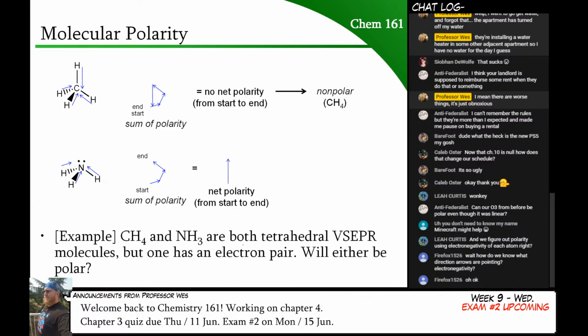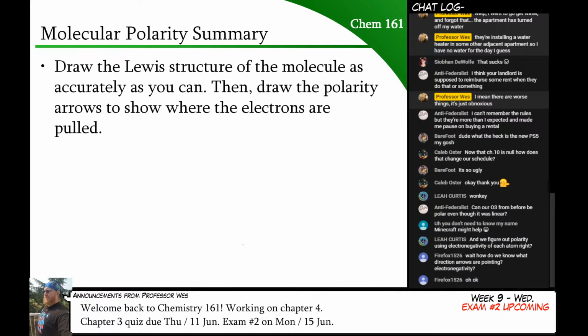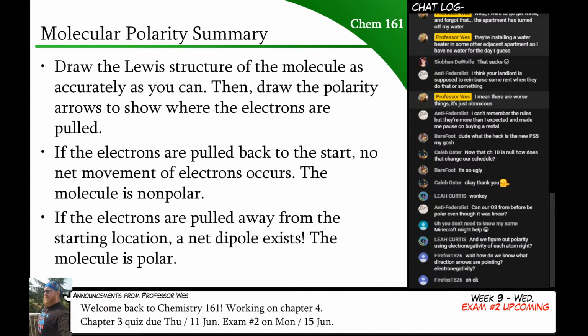Okay, so it's very possible for you to mislead yourself when doing these structures, and the only way to make sure that you get the correct polarity is to draw the Lewis structure as accurately as you can by using the templates that we showed you for geometry. All right. And so that's our summary. Draw the Lewis structure as best you can.